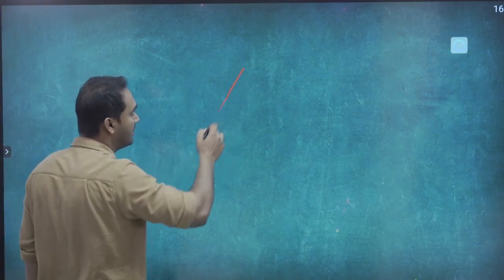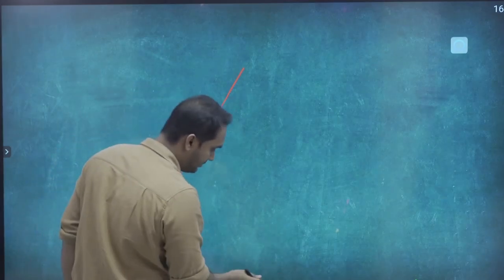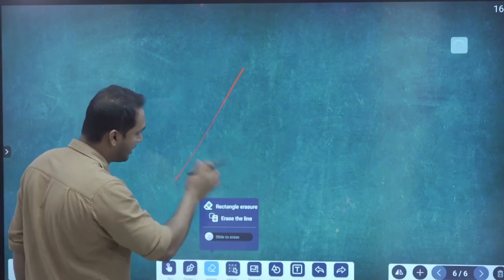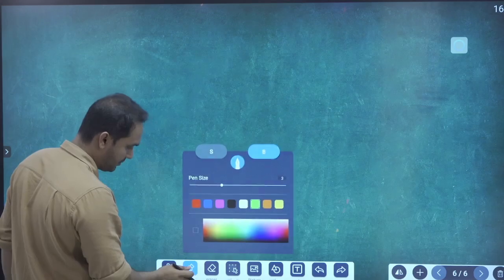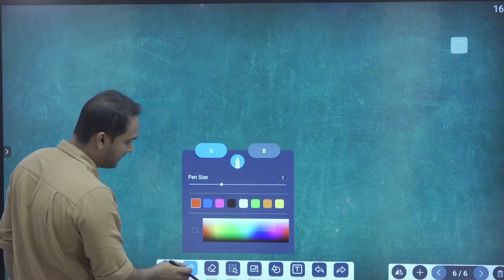Listen to this. Now you have an equilateral triangle. What is an equilateral triangle here? A triangle which has,